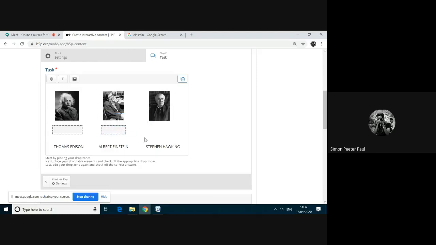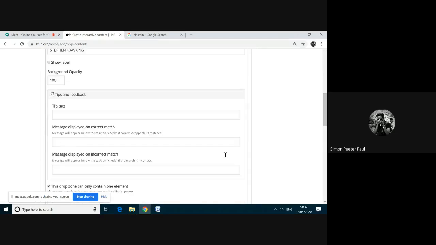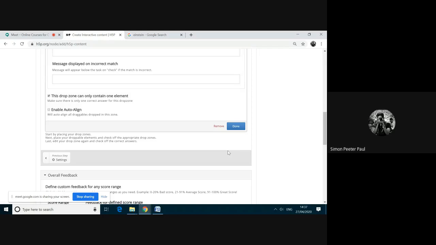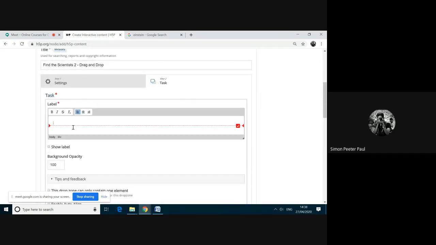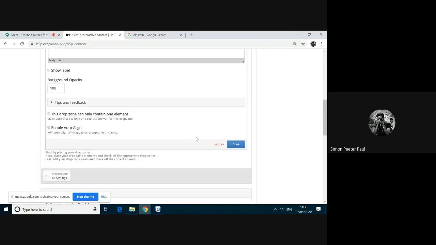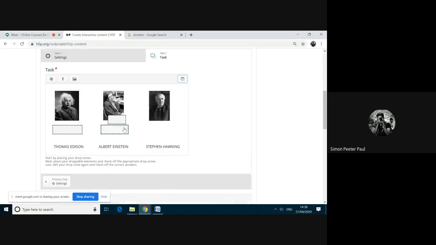And then I'm adding one more drop zone. Edison.